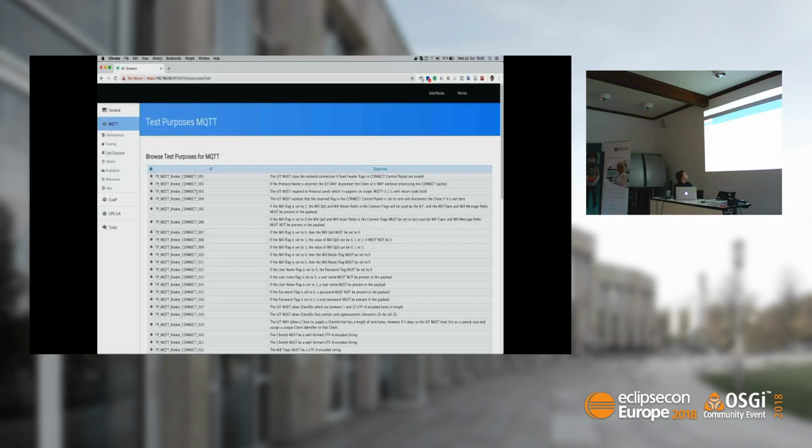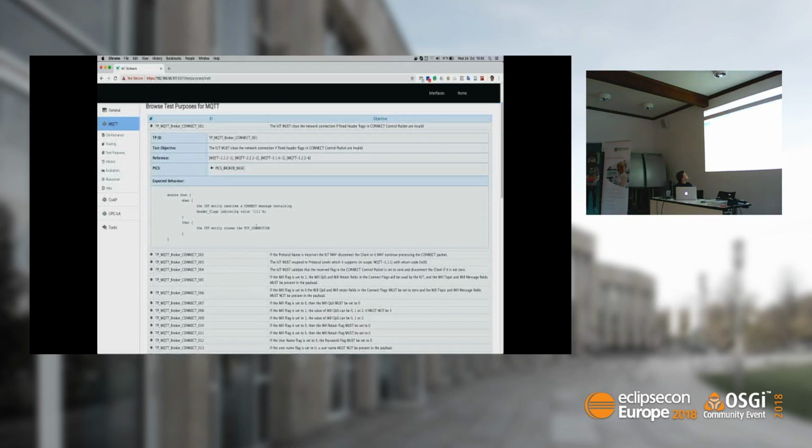You can just read your test purposes directly from here. If you click on that, you might see there's a test objective which tells you what we are going to test. So what's the test purpose about? You have a reference to the specification itself. So if you don't trust this test, you can just open the specification and find exactly the points where we derived the test purpose from. And of course, you have an abstract description about the test purpose, which is also standardized ETSI language. And it just gives a good indicator of what we're going to test.